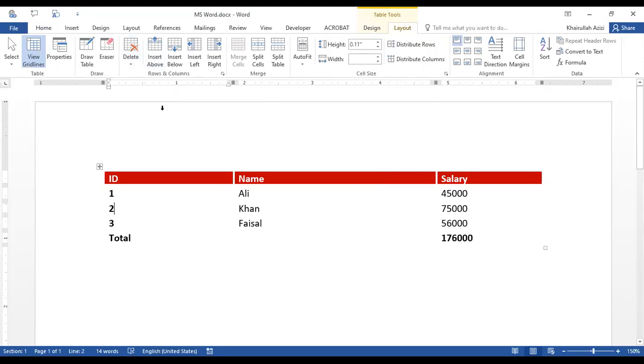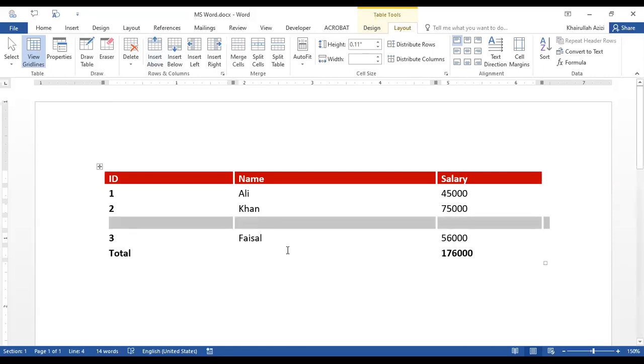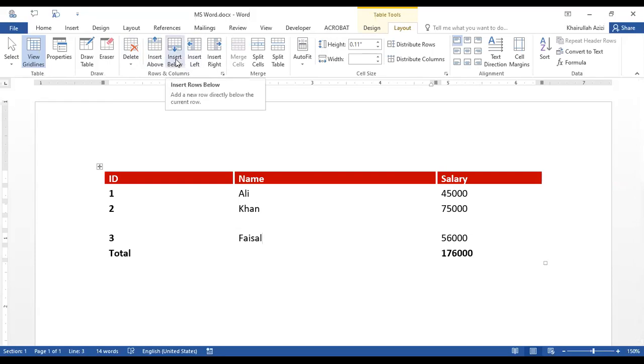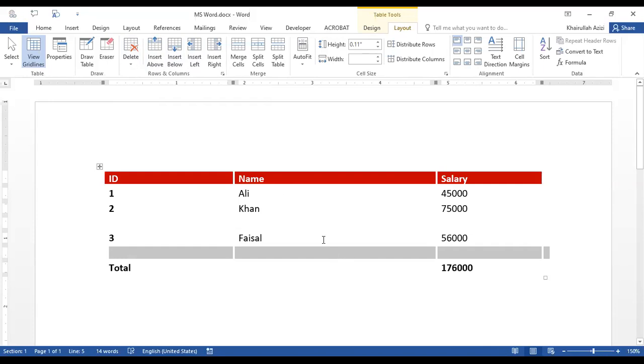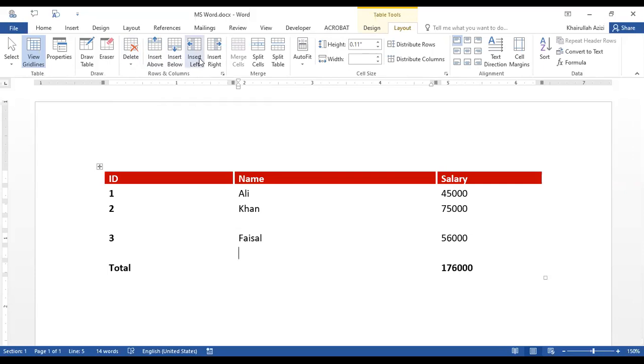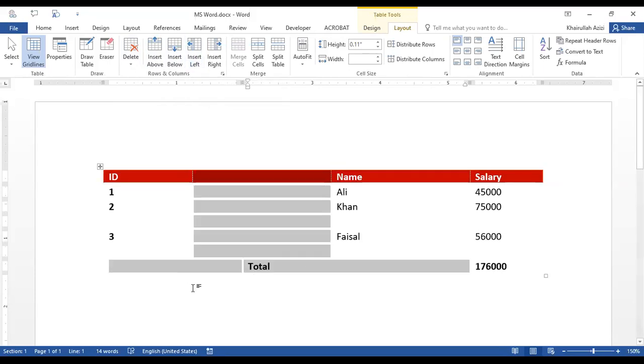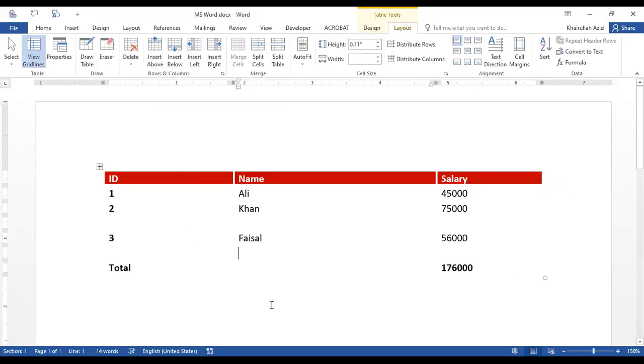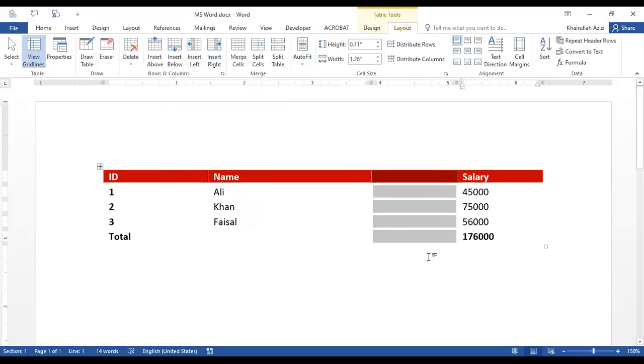Now let's talk about how to insert some rows and columns. Here we can do it also. It is very simple. I want to insert a row. What do you want to insert? A row has been inserted. Insert below, for instance, below this one. Here is facial, for instance. I want to insert a row below the facial. Here, you can do it. Insert column to the left. Okay, so it is also possible. If you want to insert a column to the right, it is very simple, column to the right. It is likely that you will need these operations when you design